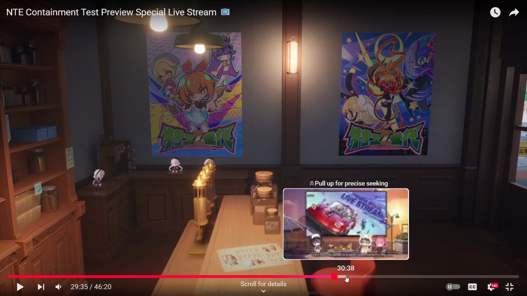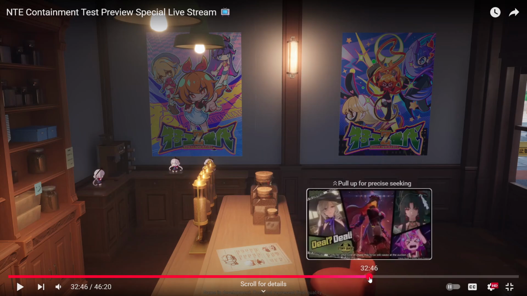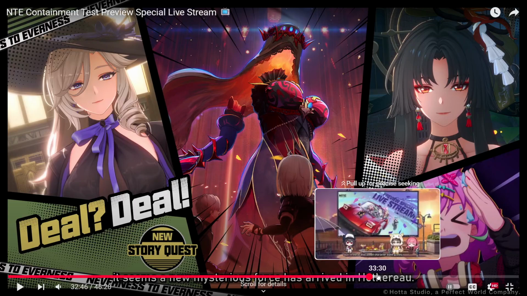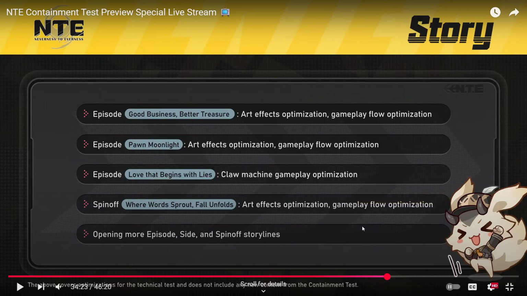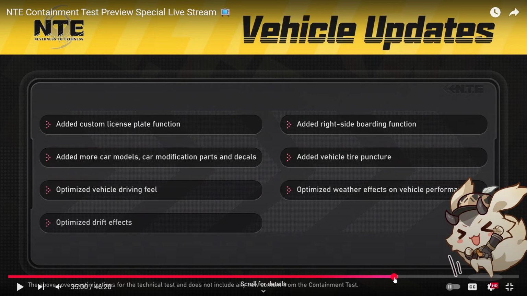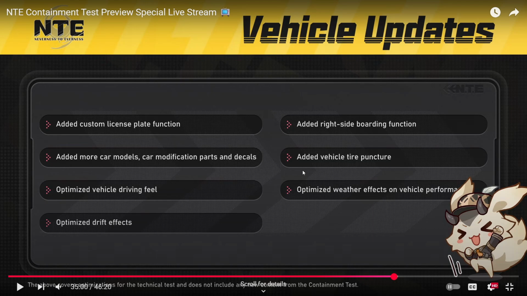Let's skip to some next part here. Okay, what's this? I think these are, yeah, these are story stuff. New more story coming to the game, which is nice. Yeah, these are all the story things. These are a lot of extra things that they are adding. I think they should